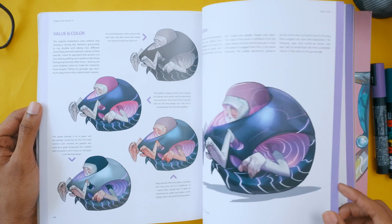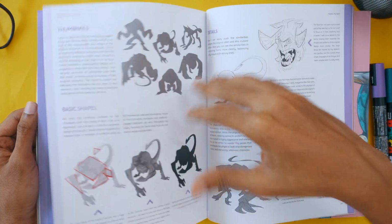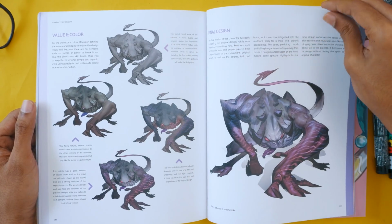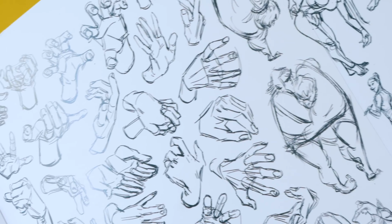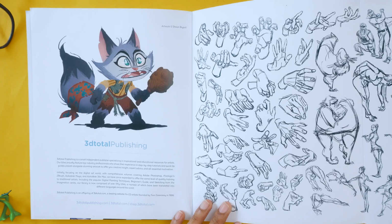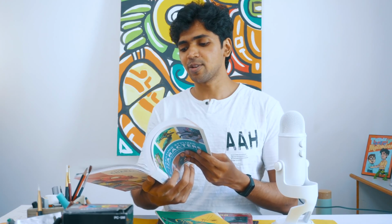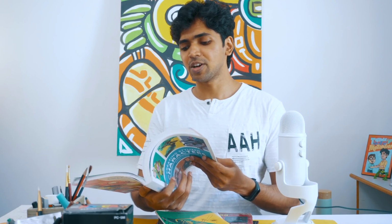But indeed, what's valuable in this book is the process from the 5 artists they've chosen to sort of show their character design process. And I'd say that is sort of valuable for me, right? And that is good, but I personally didn't like it. I was pretty disappointed when I got it. But overall, this book is sort of good to have in your library and just have it there and flip